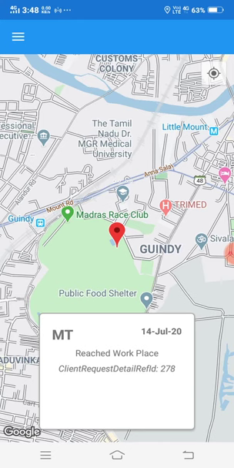Once the employee reaches the destination, the status will change like this. A partner can also track an employee, which will be shown later. This is how a partner, a client and an employee do their work here. Hope this will be helpful for you. That's it. Thanks for watching.